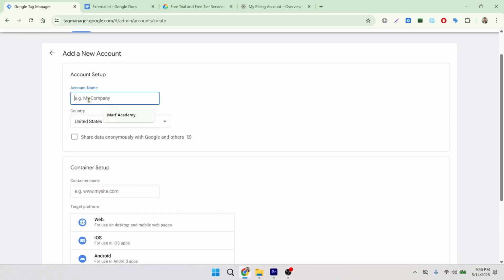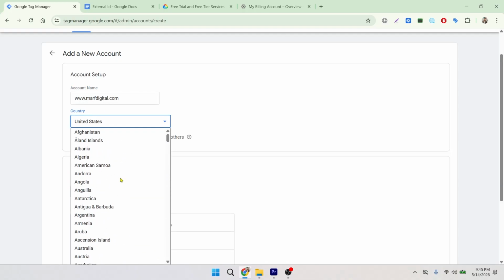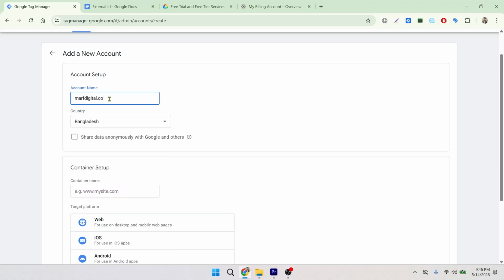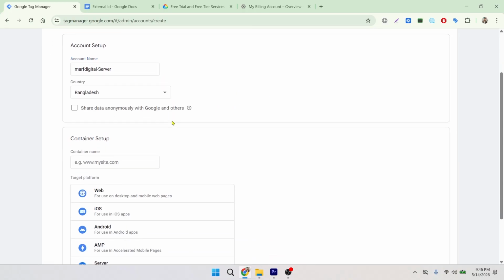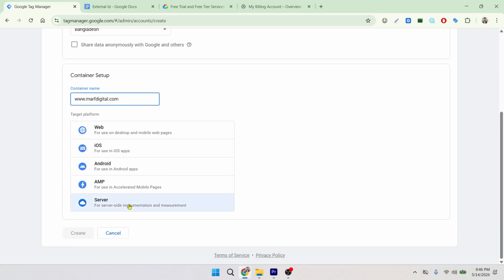and this account name will be www.marfdigital.com. Country will be Bangladesh. I will change the account name to Marf Digital Server, and container name will be www.marfdigital.com, and it will be a server container. Now I will click on the create button,